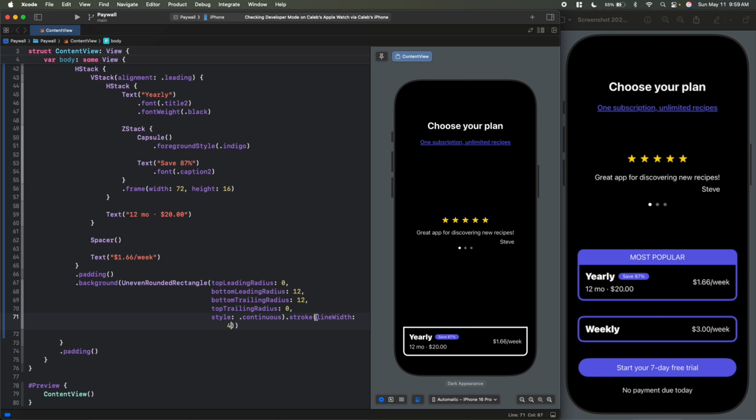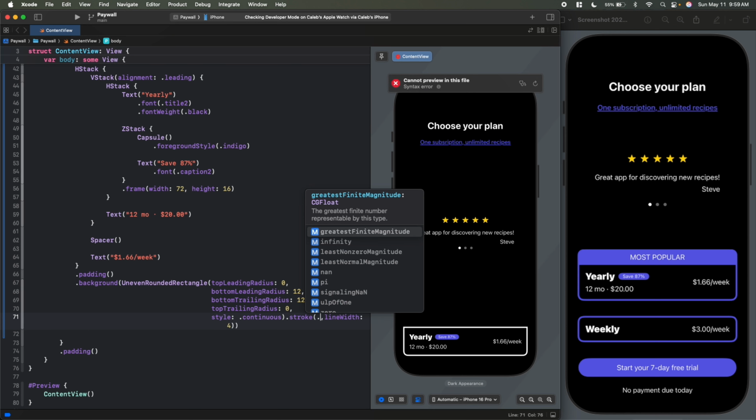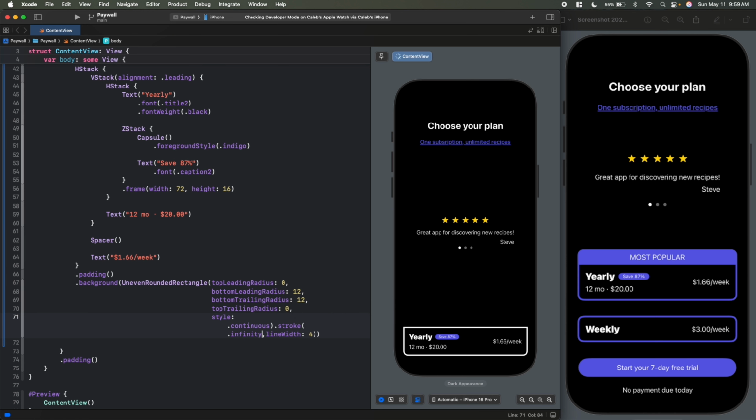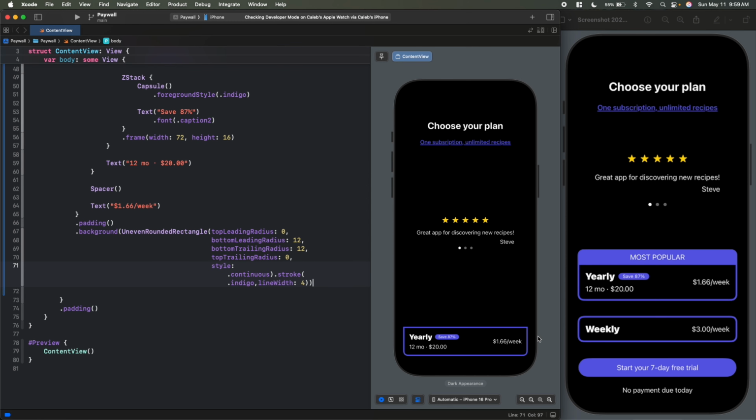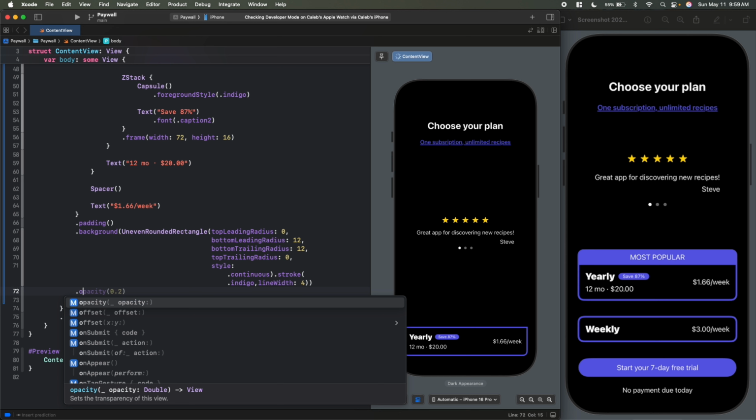Now before line width, put a little comma there, and we'll put dot indigo, not infinity, indigo. Boom. And that is starting to look pretty good. All right. But we also want to add this most popular on there. So let's see, on our background, we'll go dot overlay,